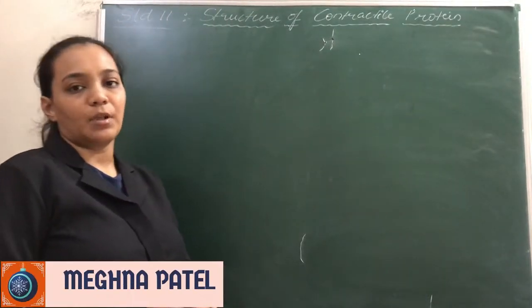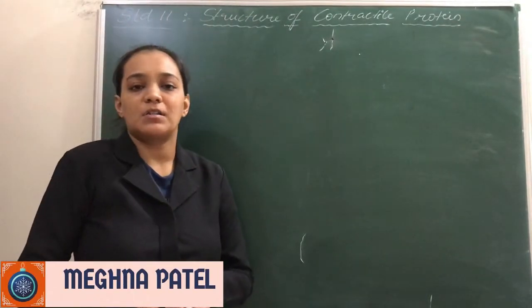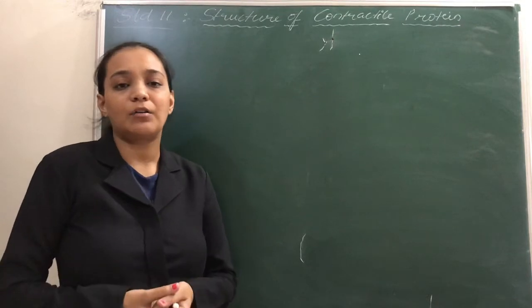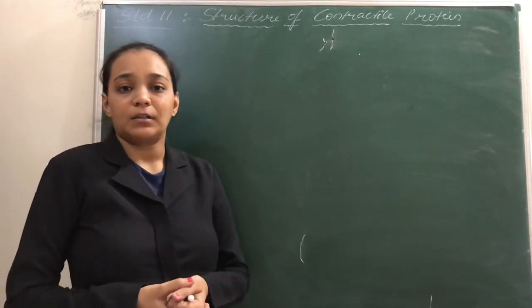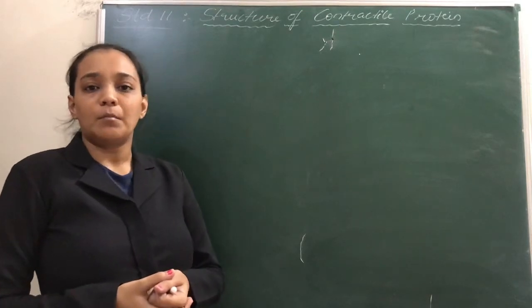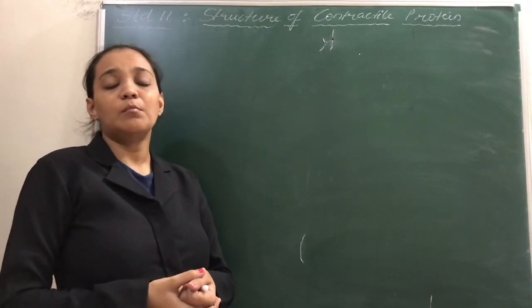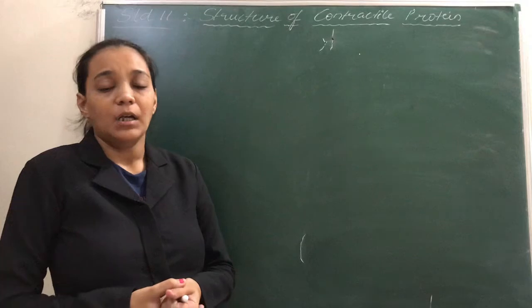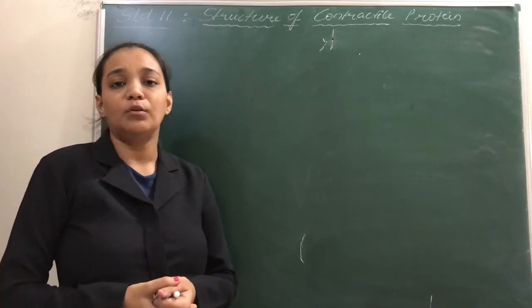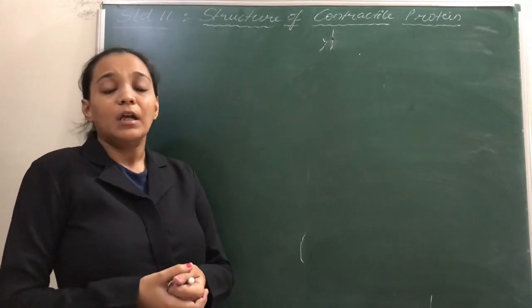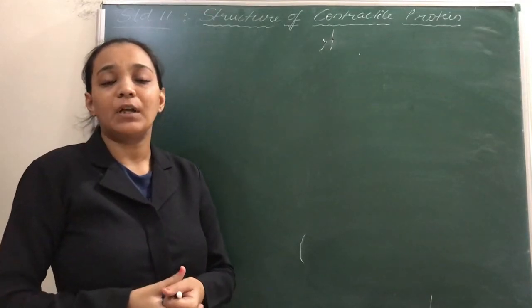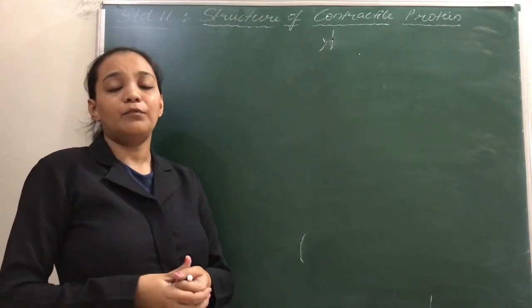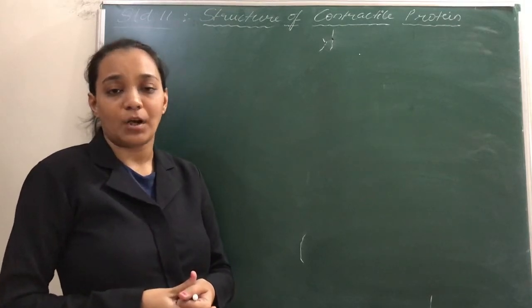Good morning, dear students. In the previous class, we discussed the ultrastructure of the skeletal muscles. We said that in a cross section of the muscle, several muscle bundles will be observed. These muscle bundles were known as fascicles. Each muscle bundle was surrounded by a layer of connective tissue known as fascia.